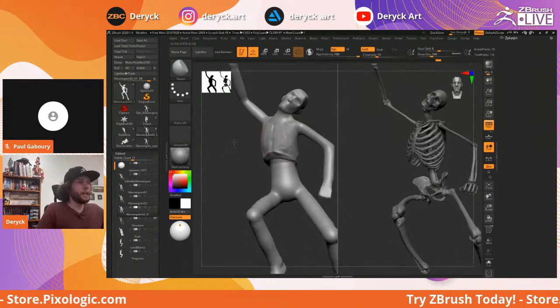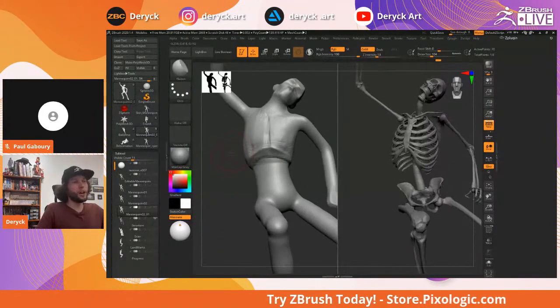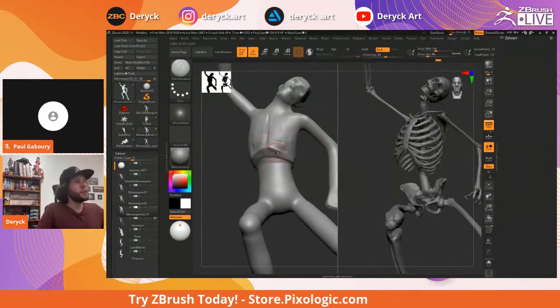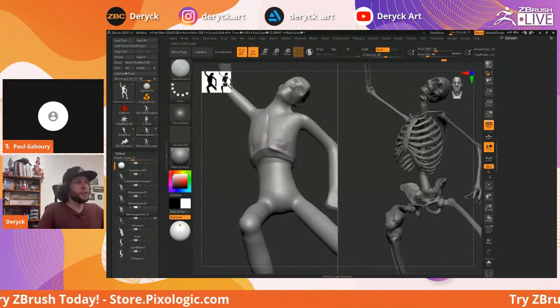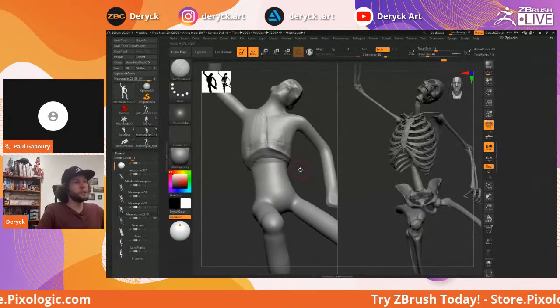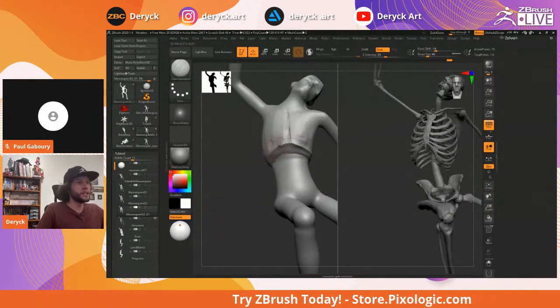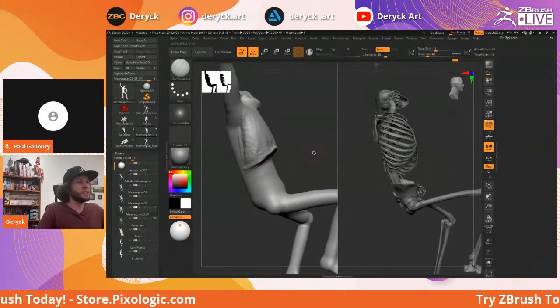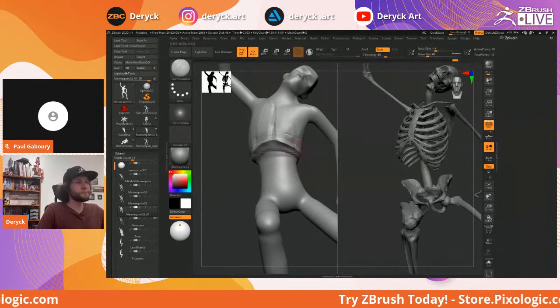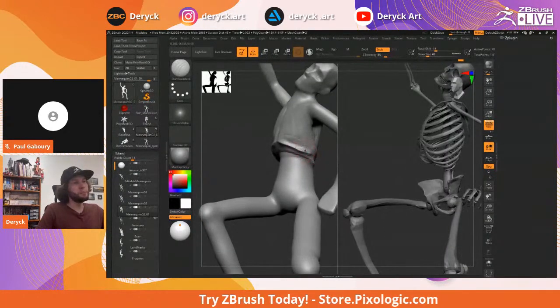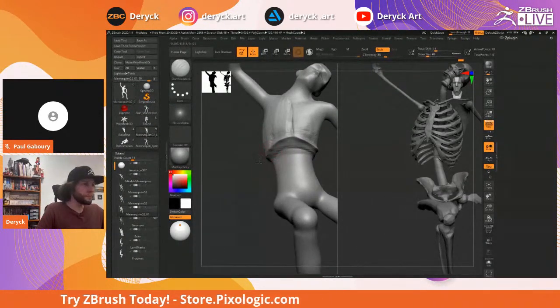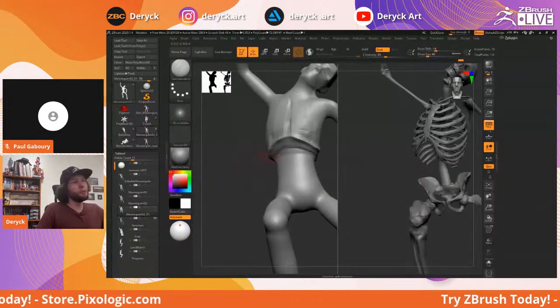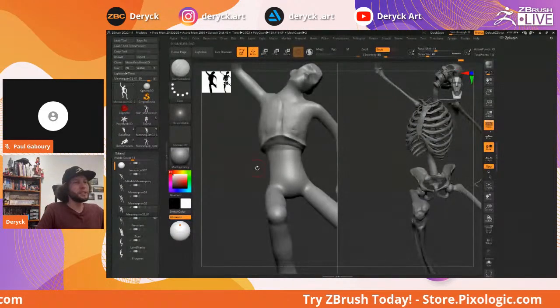And again, it's not all the time that I do this. Most of the time, I just use the inflate brush, and I'm going to show you guys this process in a minute. I just use the inflate brush and keep adding volume to the mesh until I have my geometry as close as possible to the reference. But